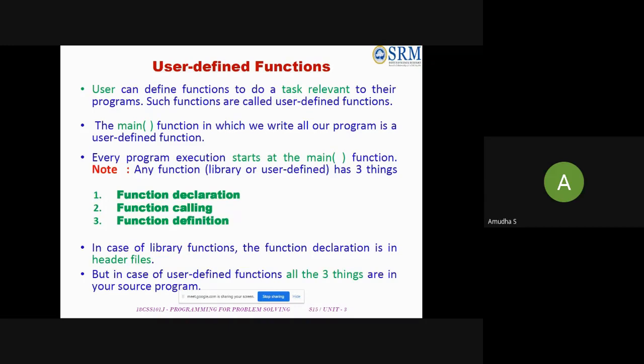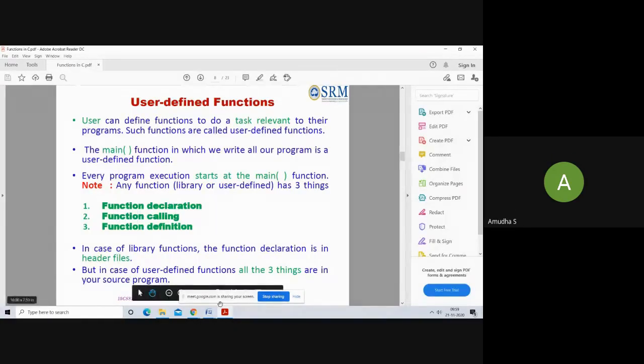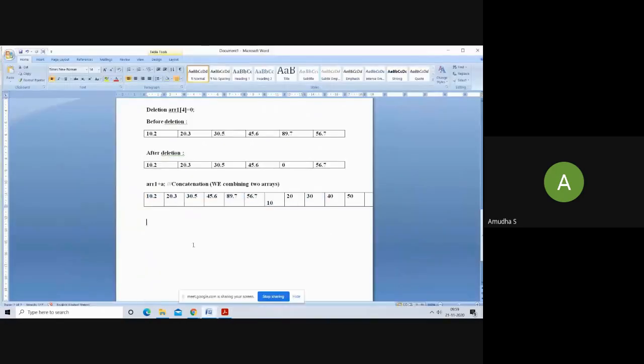So how to define a user defined function? For that, there is a syntax. First, it should have the function declaration part. Then it should have the function definition part. Then it should have function calling. How do you declare a variable? You have to use data type, variable name with semicolon. So to declare a variable, what will you do? Data type, then variable name. Similarly, to declare a function also,